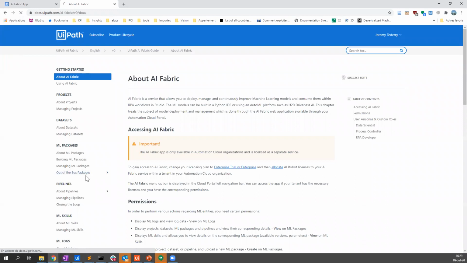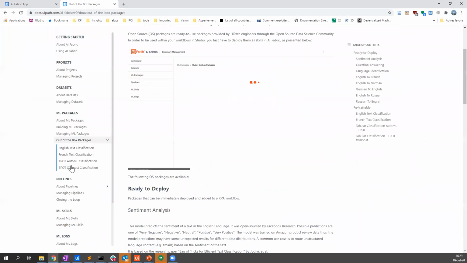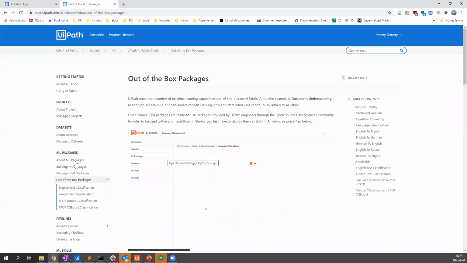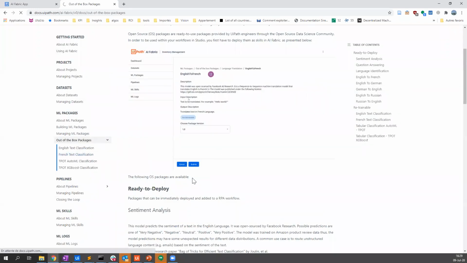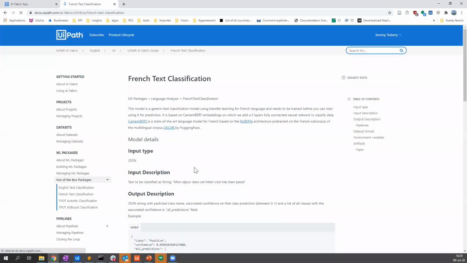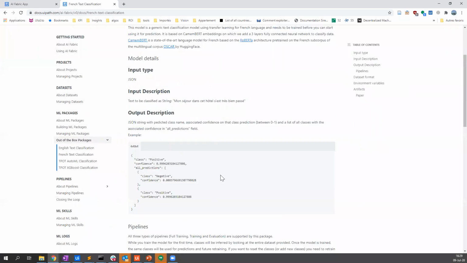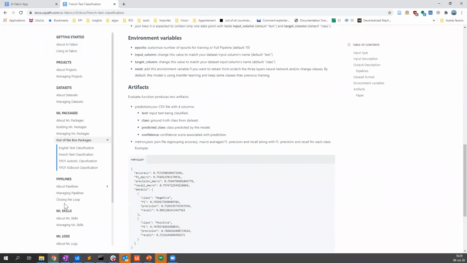Especially you can find out-of-the-box packages documentation. And in this one, you will find a better description of the open source packages, and especially for the ones which are retrainable. So you will be able to understand how to use it, how to format your data and so on. Basically for all of them, it's very easy. You can just give JSON data or you can give CSV data. It's up to you, and we'll treat them the same way.